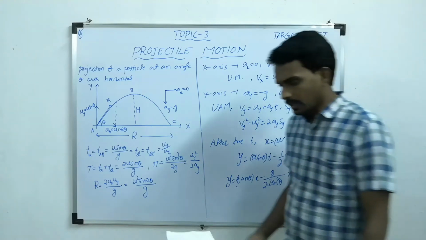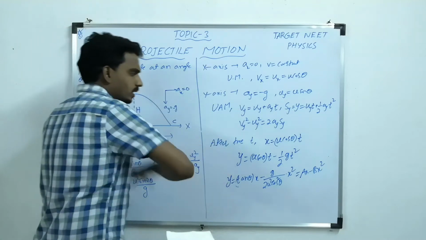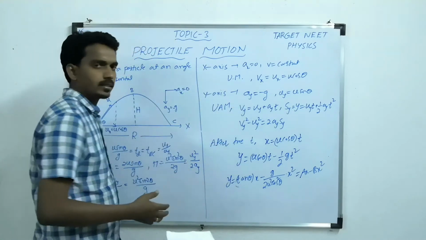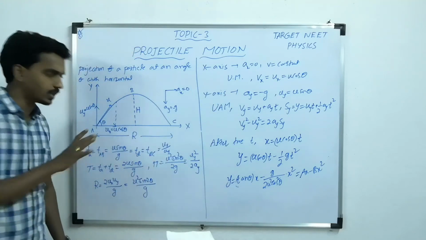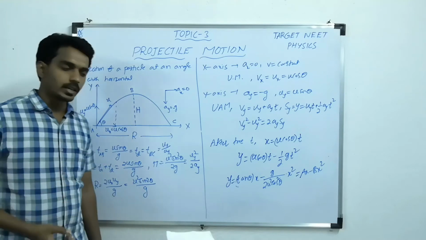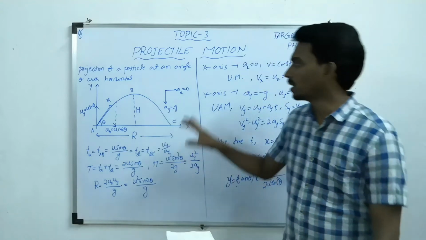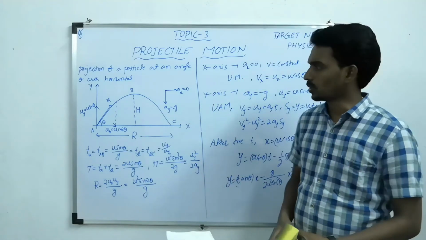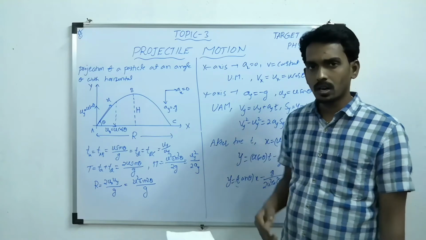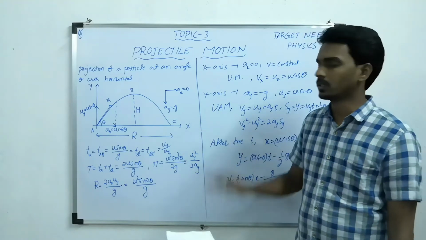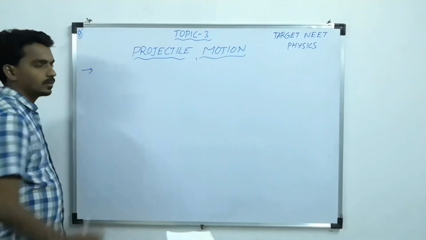So now let us try to understand a few more things. This is basic data: how to consider the axis, what the data is, how to apply the equation, what the generalized equation is, what the basic formulas are. But let us take some special cases, or the kinds of questions we can expect based on projectile motion. That is all about how to solve questions based on projectile motion. So let us try to make some relations.